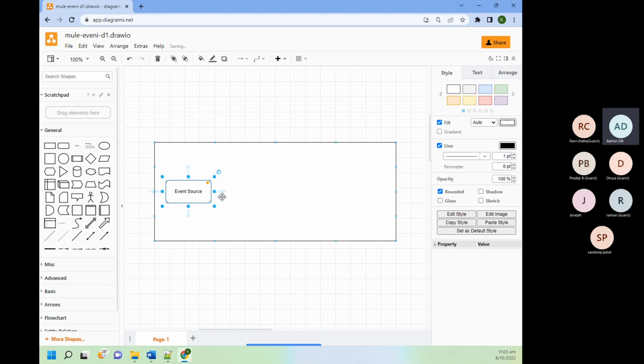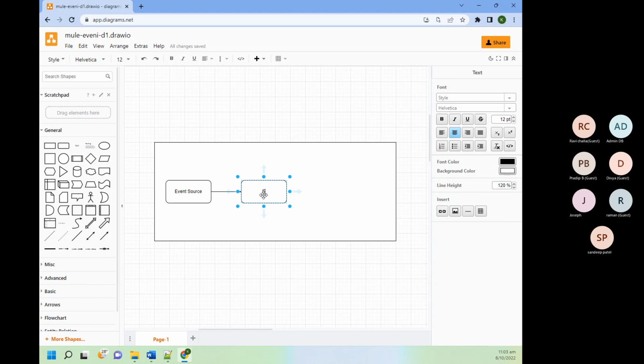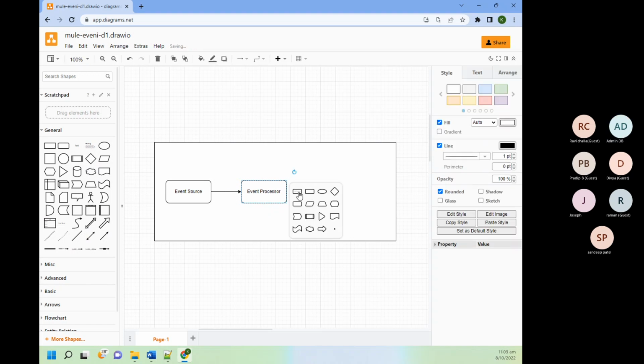This is our event source. Event processor. And after this,